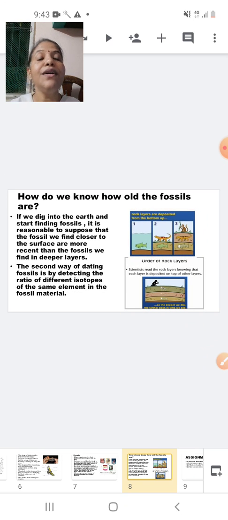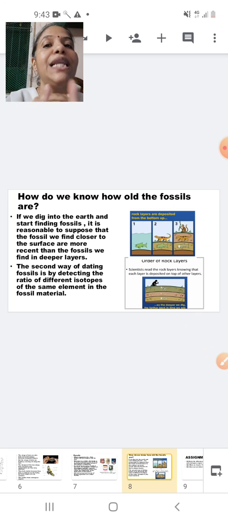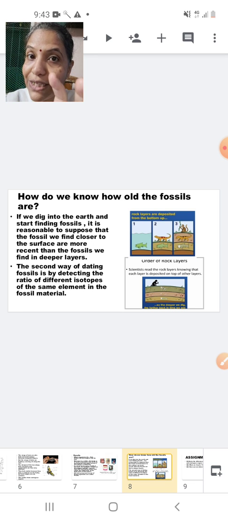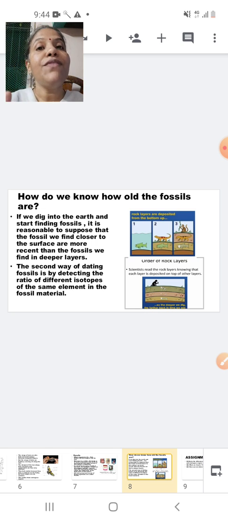So we were tracing the evolutionary evidence, and we studied the evolutionary evidence by using organs like homologous organs, analogous organs and fossils. Homologous organs tell us about a common ancestry, as we saw in the different types of mammals and the arrangement of the forelimbs, whereas analogous organs tell us about a different ancestry. That means we have evolved from different ancestors. So if the organs are analogous, our ancestors are different. If the organs are very much similar, then in the case of homologous organs, we have a common ancestry.